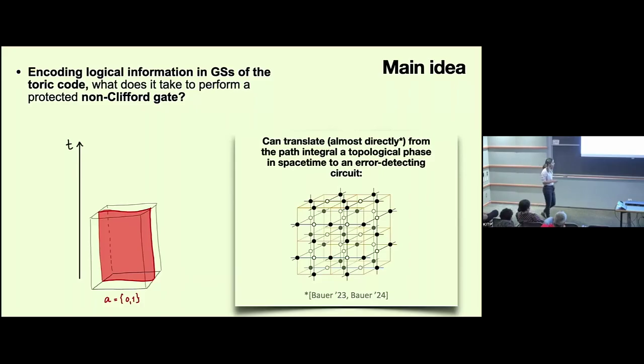And the important parts that went into our work is that for the topological phases that are relevant for our work, we can take their path integral, and there is a systematic method that my collaborator came up with to turn that path integral into a circuit, but not just any circuit, but the one that really extracts the error syndromes and then can be used to do error correction. And that's quite non-trivial. And that was an important part of our work, but I'm not going to really talk about this much here. It's just something to keep in mind.